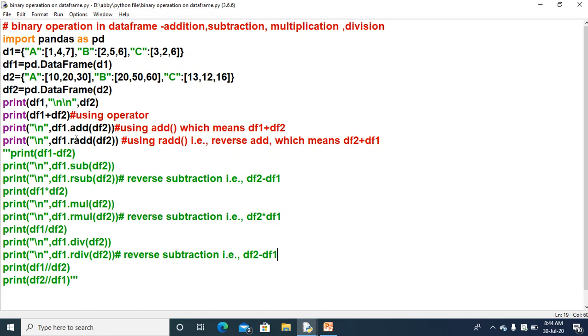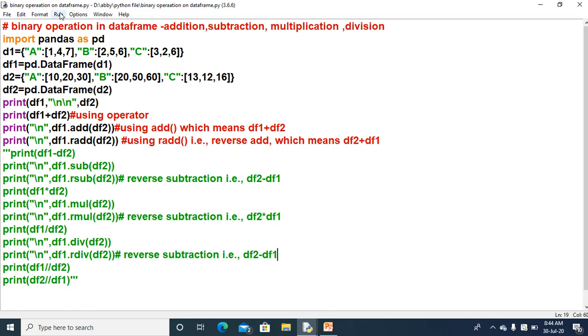And when you apply the radd function, here you are not supposed to change anything, it will remain df1 dot add df2. Okay, which means that first of all df2 value will be added with df1, because it is the addition, so the result would be same for all these three. Getting my point? The result will be same for all these three.